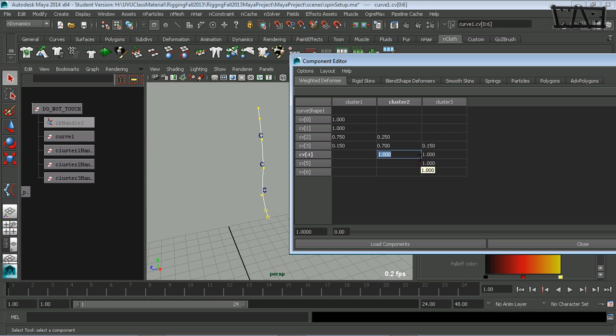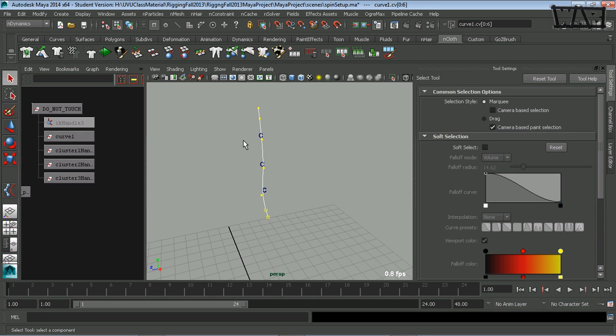And then on cluster 2, it'll be set to 0.15. I changed my mind. I'm going to set that to 0.5. I'm going to set this to 0.5 and this to 0.5. I think I'll get a little better reaction to that. I guess really you'll have to play with that per character to see what kind of reaction you get out of it, out of the skeleton, to see if it acts appropriately. Okay, so with those attributes all set, I can close this and go back into object mode. I'm going to show my joints,